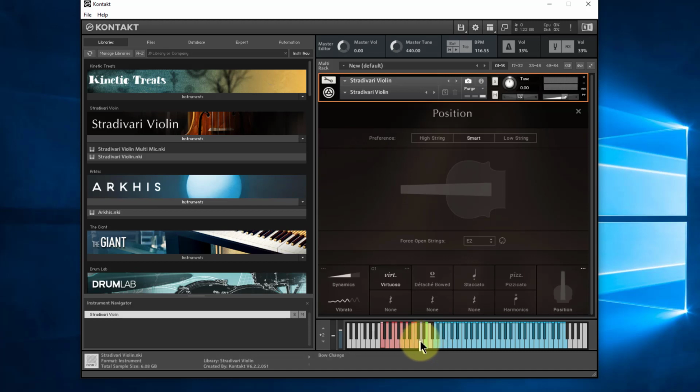Now, these other three keys right here that are blue, green, and white are change bow, force open strings, and bow change. So those are other things that are mapped to those. If you miss and go below this and hit one of these other keys, it will affect what's there. For instance, when I'm playing this and I go too low and hit down here,